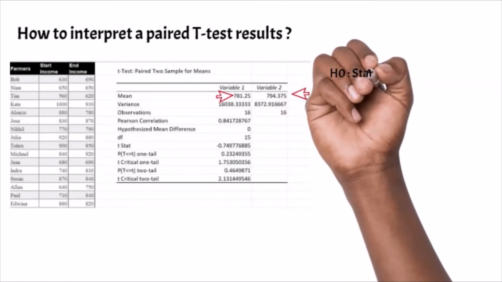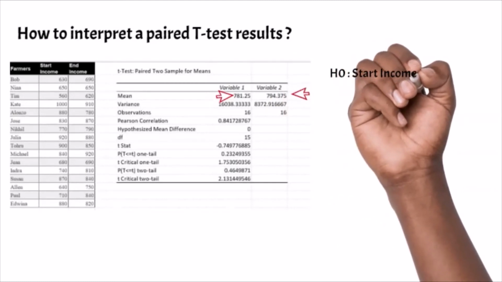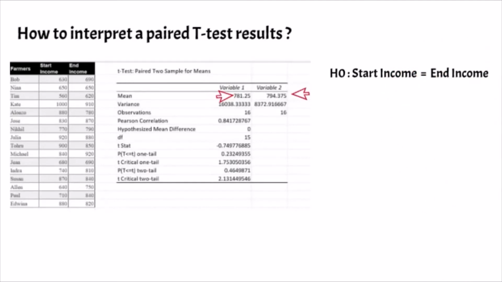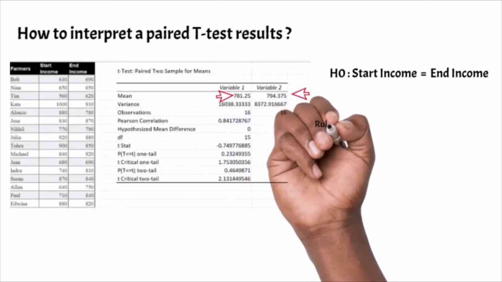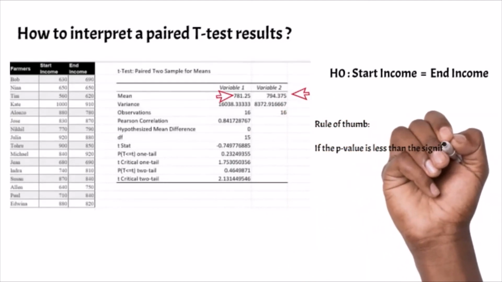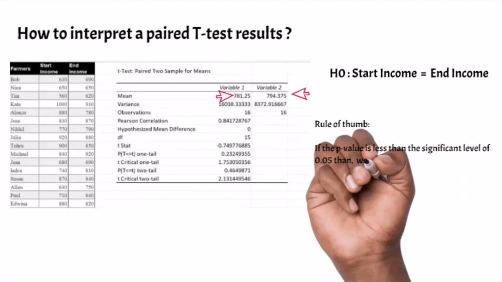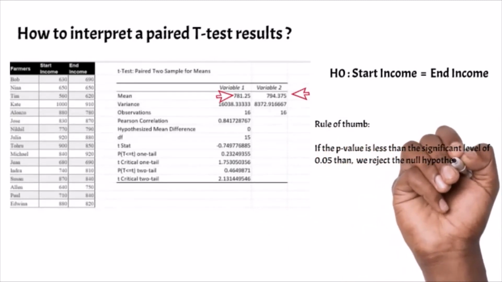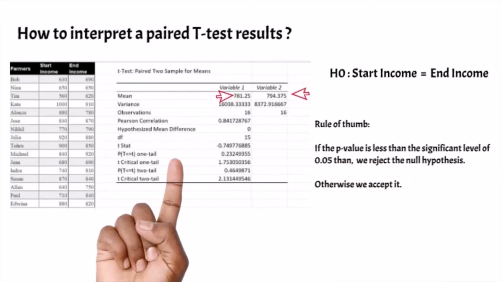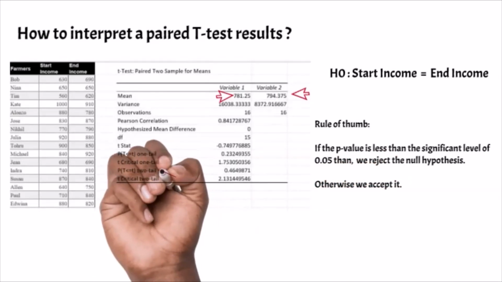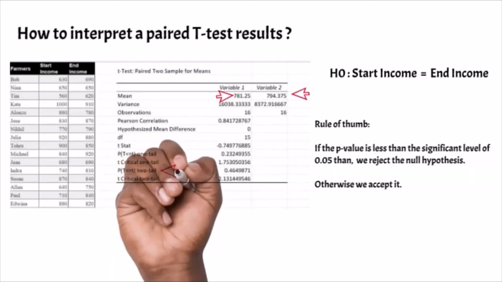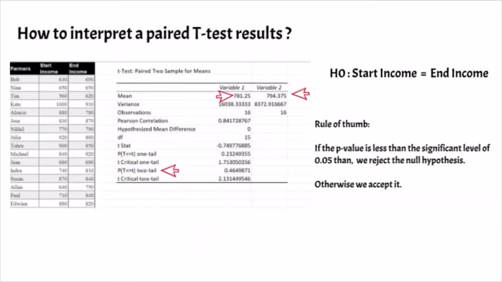And the hypothesis that we wanted to test is that the start income and the end income are statistically equal. This is the hypothesis that we wanted to test. And the rule of thumb for testing such a hypothesis is that if the p-value is less than the significance level of 0.05, then we reject the null hypothesis. Otherwise, we accept it. So looking at the p-value two-tail, because we are testing the equality of means,